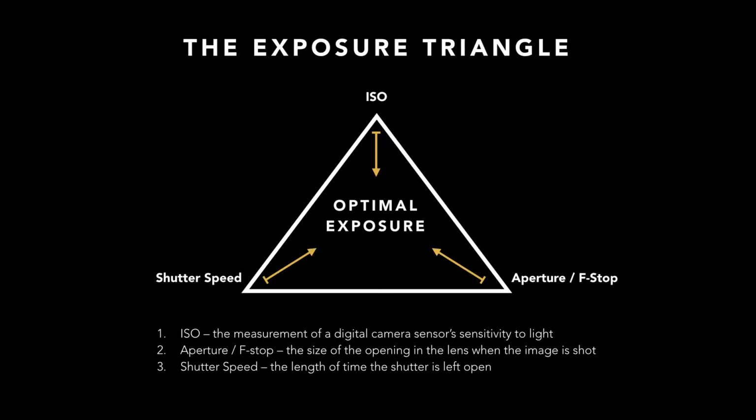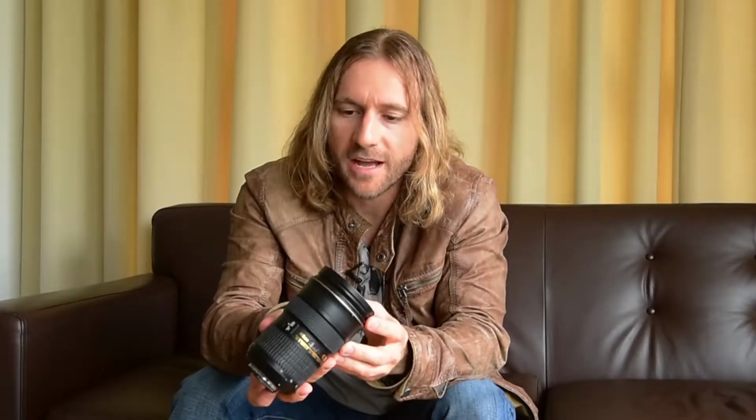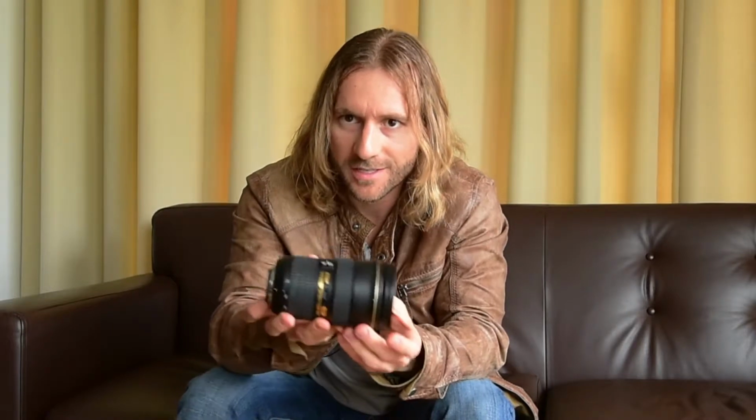Now that noise is going to increase and decrease as I change that ISO value up and down. Now ISO is one of the 3 elements along with f-stop and shutter speed that we're trying to balance to get a correct exposure, but a good rule of thumb is to always try to keep the ISO as low as possible. The next thing I want to cover is f-stop, which is also called aperture, and it's essentially the